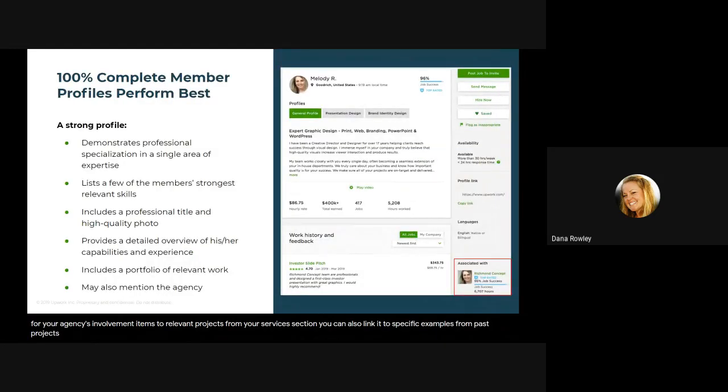Just like a complete agency profile is important, making sure the public members of your agency's team have strong profiles is important too. So making sure that those team members that are working for your agency have a complete Upwork profile is really important. So on this slide, we see Melody, and she is the owner of the Richmond concept. So in this example, if you look in the far right-hand corner of the slide, you'll see a red box